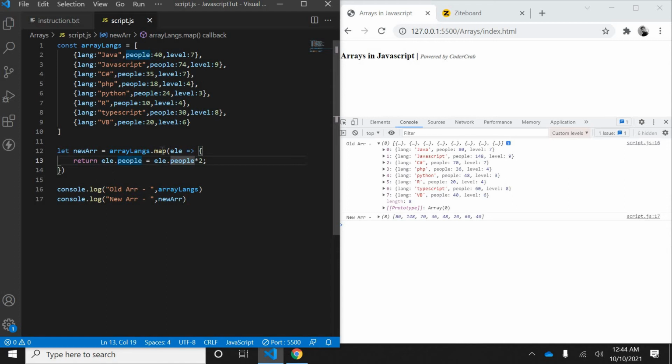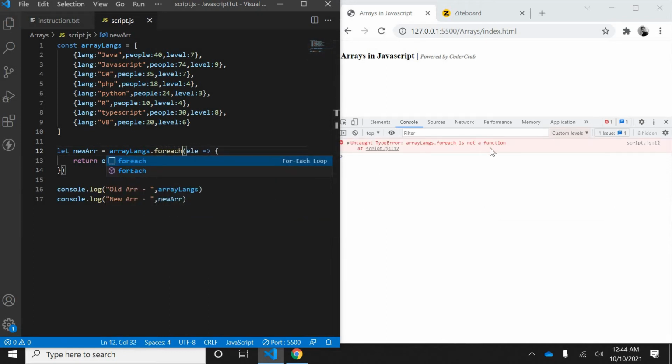If you compare map with forEach, you will understand. If I use forEach here, you will see the new array is undefined.